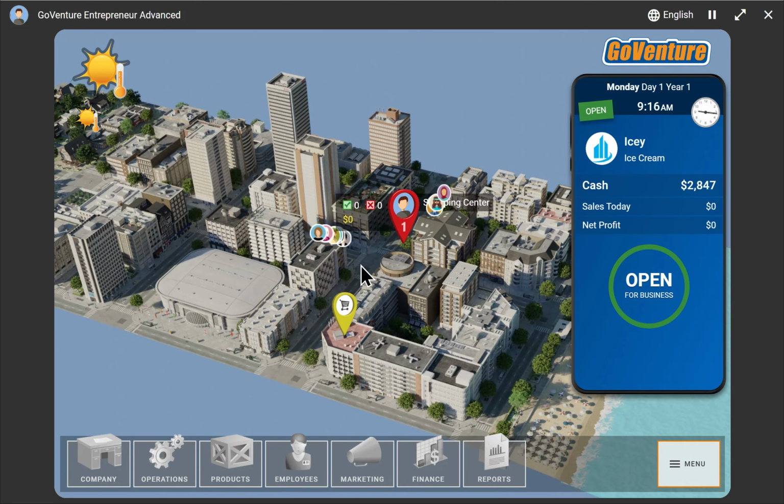All right, so similar to our lemonade stand business, we can see customers are coming. Now, unlike lemonade stand, I don't have to mix or make anything. Products are made automatically, and so I can focus more on what's happening. So I can see how many products I'm selling. I can see the customers, whether they're being sold or not. I can see the customer satisfaction.